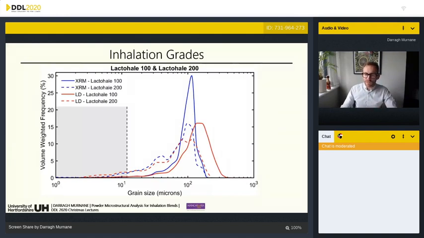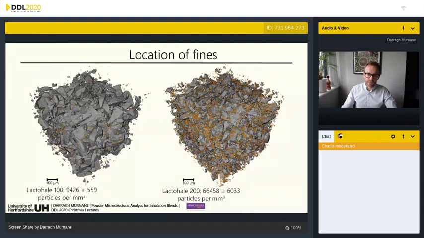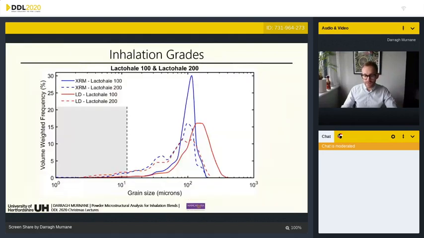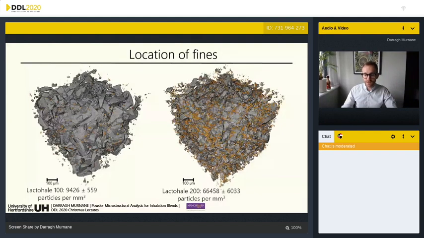So some of the other information that we can pull from this really is, now we're able to identify particle size distributions. Can we start to pull out particles of an individual size fraction, such as those lactohale agglomerates, and try and see where they're located in the blend? So we've taken our particle size distribution, and using the graphics, we can label up all of the particles that have a volume or particle size below about 10 to 20 microns and identify where they're distributed throughout the blend. So we can see in the lactohale 100, we're able to make a count of all of those particles